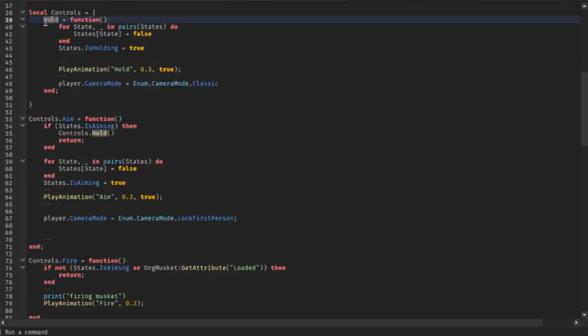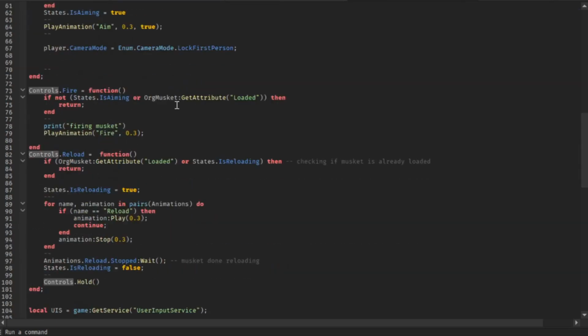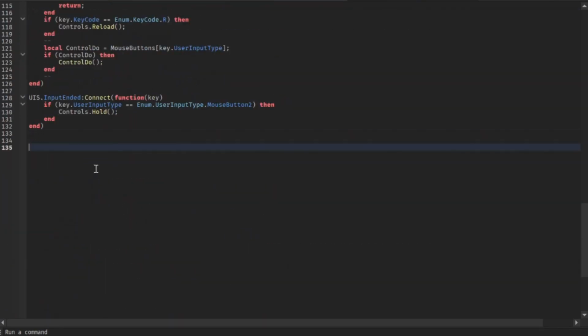So if the player actually holds the musket, actually what I need to do is make it, at the very end, so that when a musket is equipped, it's held. But basically,